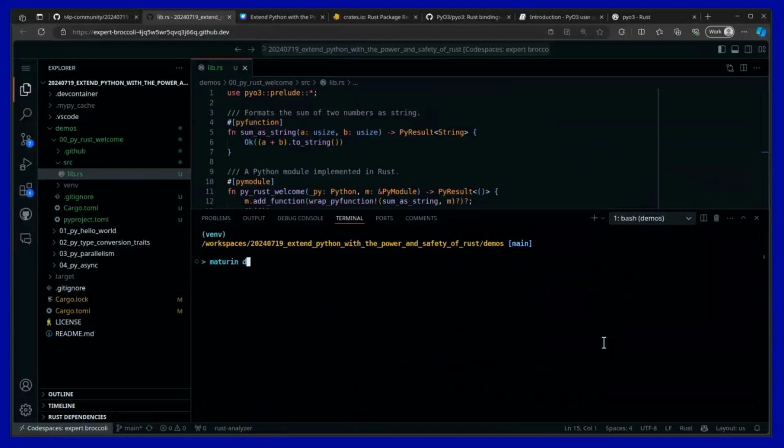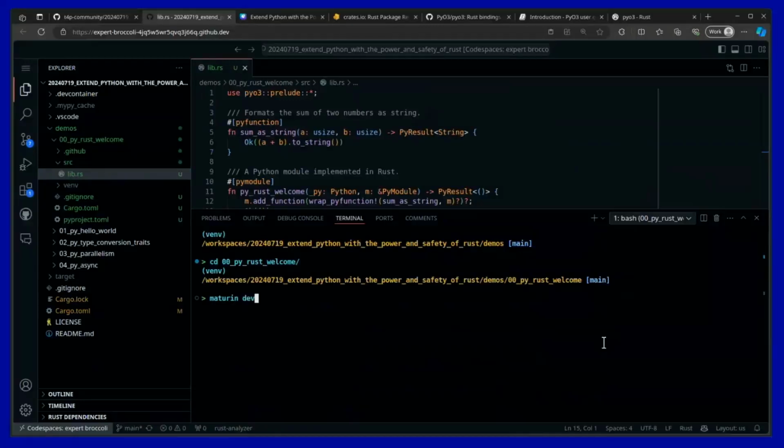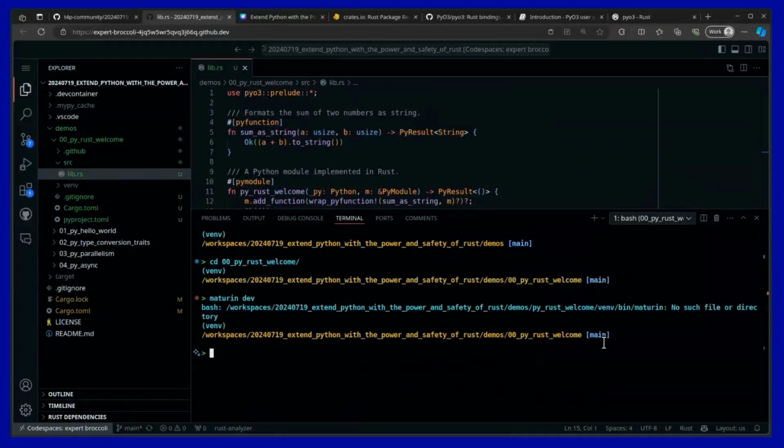All I have to type is maturin dev. When I run maturin dev, make sure you're in the right folder. Let me change into the 00 again. When I run maturin dev, it's going to build the Rust code, create the package, and install it in my Python virtual environment. I can then use the Python REPL environment, the read, evaluate, print loop environment, to actually import this code and be able to run it. So I'm going to say maturin dev, and